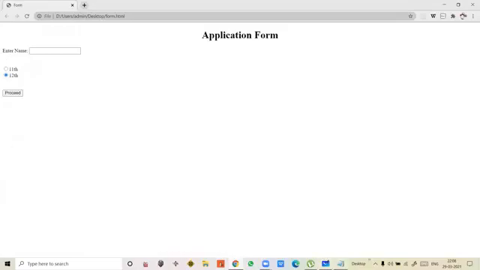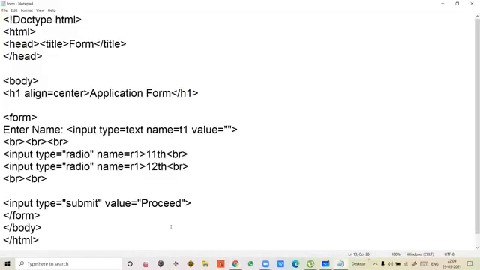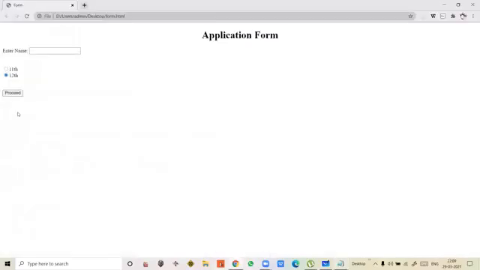Okay. Then next, students, just see the last submit button. Value is proceed. My input type is submit, and I have given the value. That means whatever should be coming on the value, that is the labeling. So look here, it is proceed. I had written proceed. So look, it is proceed. Once I click that, this value gets submitted. Okay. It is getting submitted. Right now, I haven't linked any page. Okay, so that's why it is displaying that it hasn't submitted.